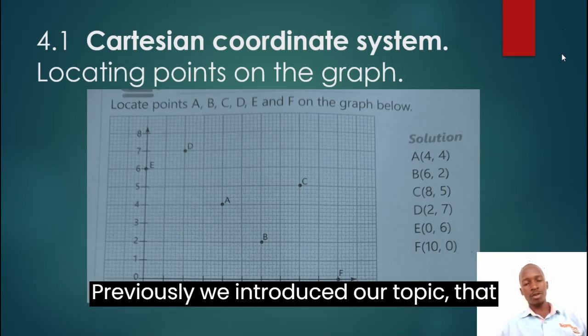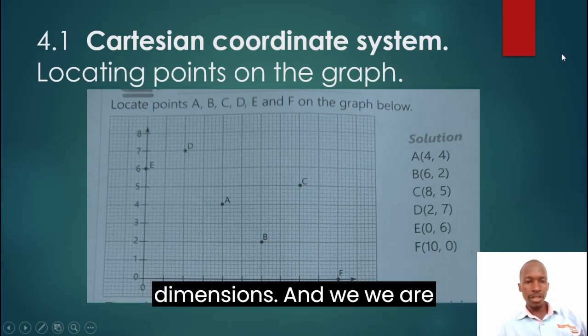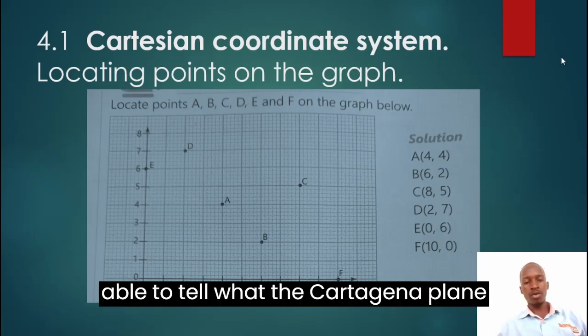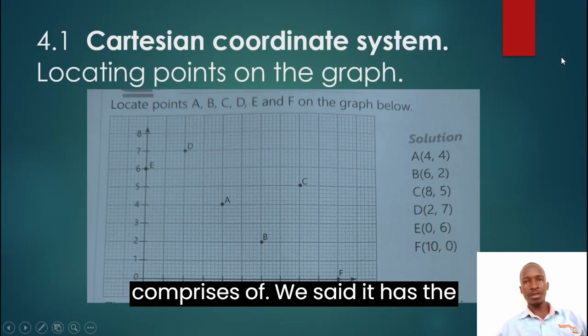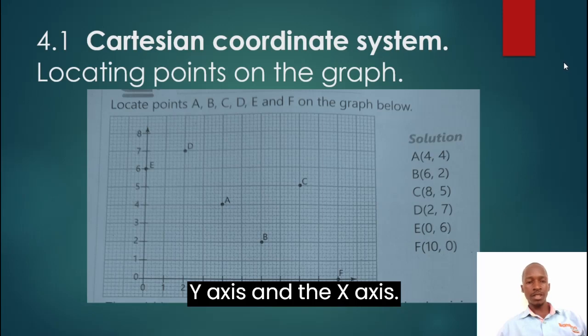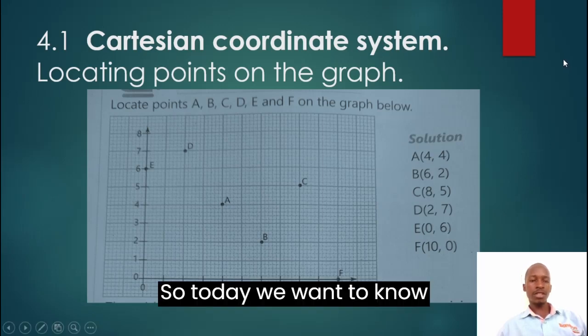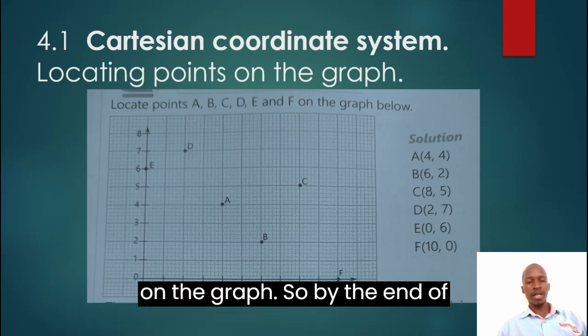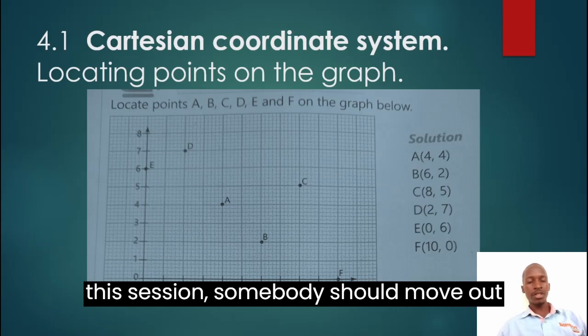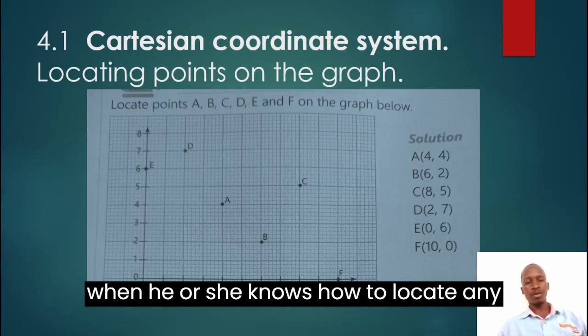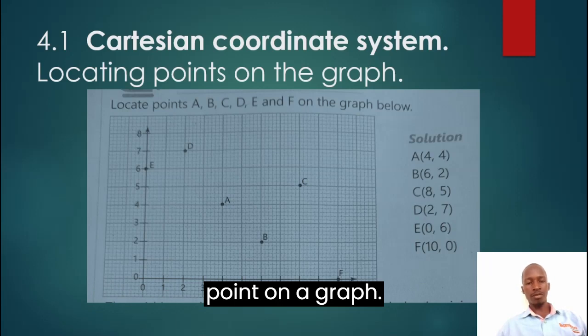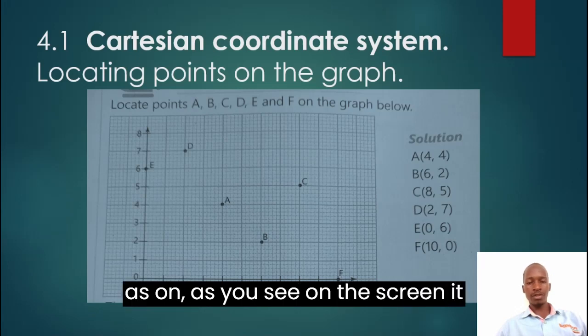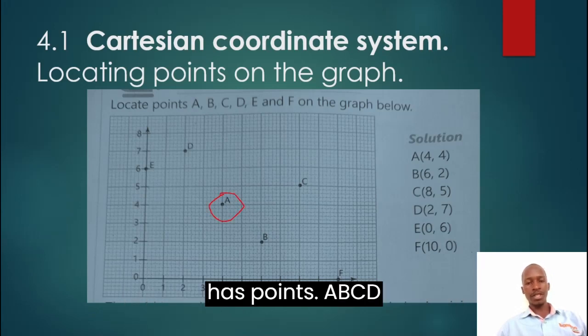Previously, we introduced our topic, that is Cartesian coordinates in 2 dimensions, and we are able to tell what the Cartesian plane comprises of. We said it has the y-axis and the x-axis. So today, we want to look at how to locate points on the graph. By the end of this session, somebody should move out when he or she knows how to locate any point on a graph. So given the graph as you see on the screen, it has points A, B, C,